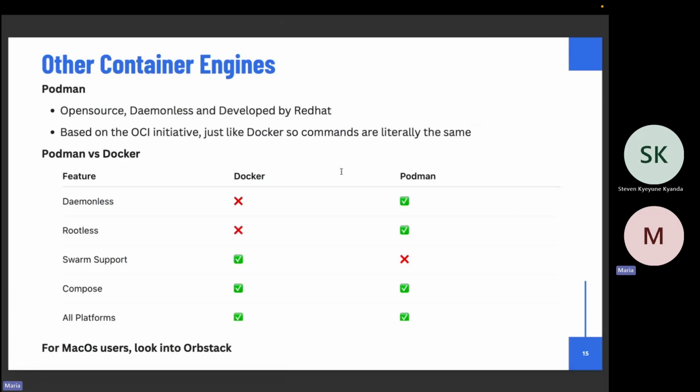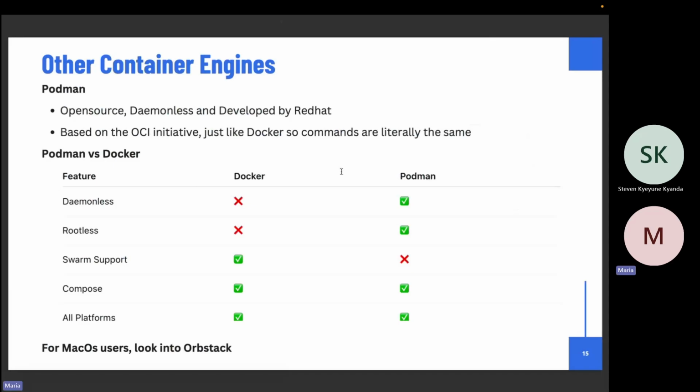Okay, so we have other container engines, and that's getting even more popular. We have Podman. Podman was created by Red Hat in 2018, and it solves the problems regarding security, running rootless. The second problem it solves was removing the client-server connection. With Podman, you don't need an engine. Docker needs a Docker engine, which does everything for you. That's a single point of failure. So Podman does not do that.